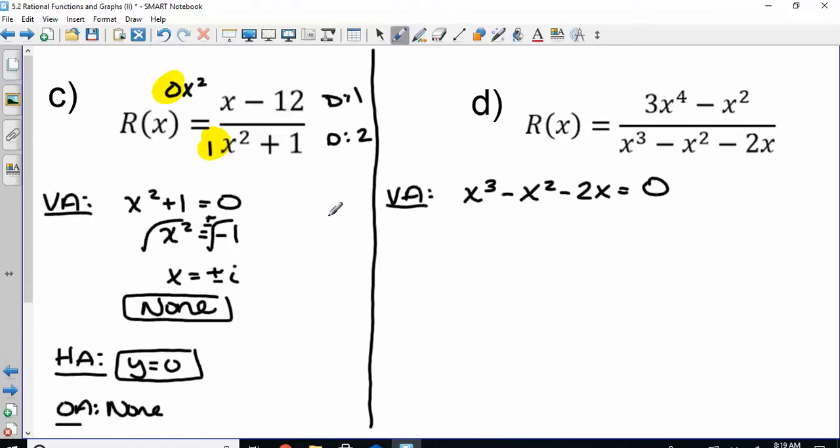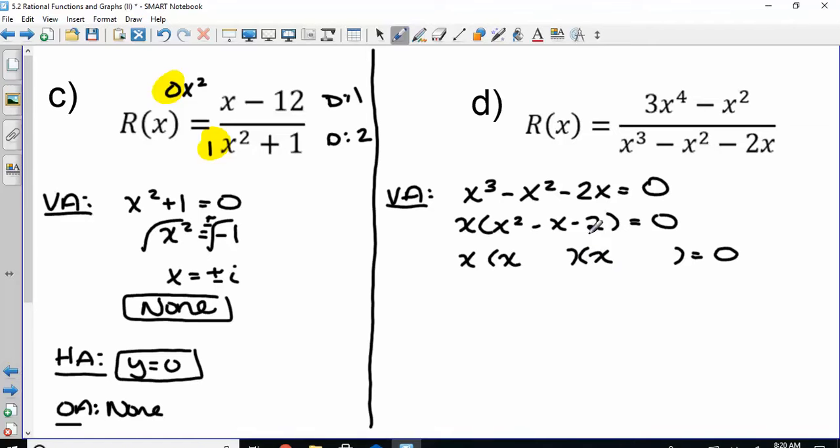Yes. Greatest common factor, we can pull out an x. And then we can do box method. So x squared breaks into x times x. What multiplies to -2 and adds to -1? -2,